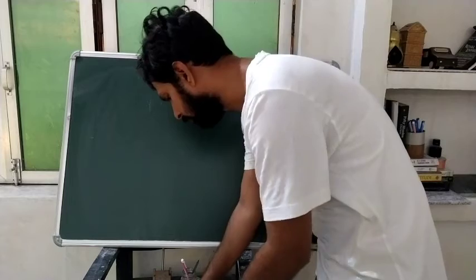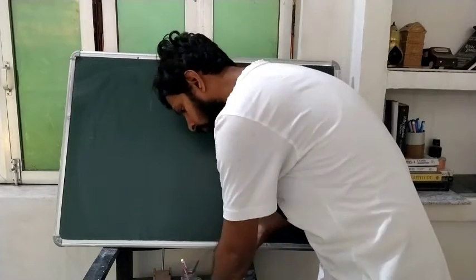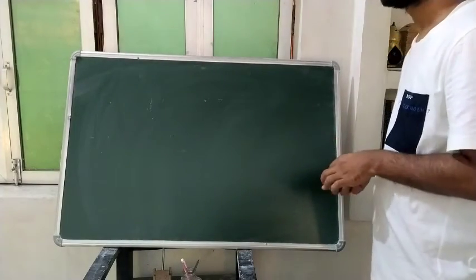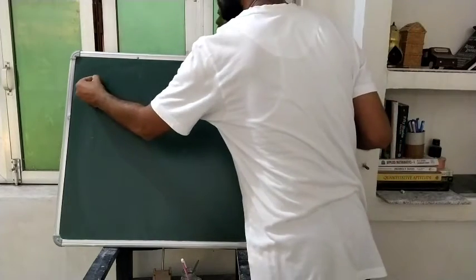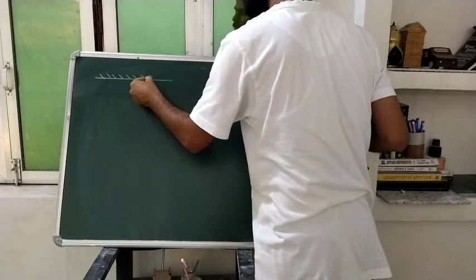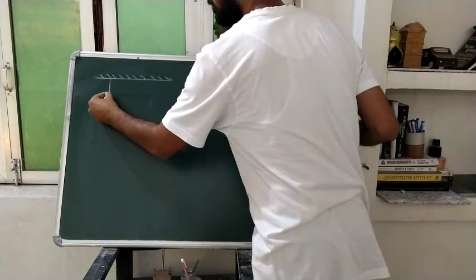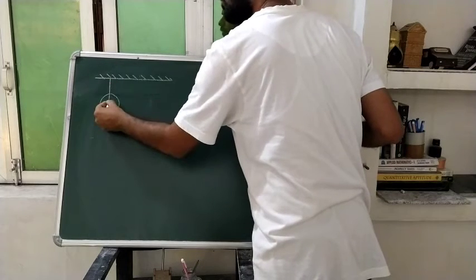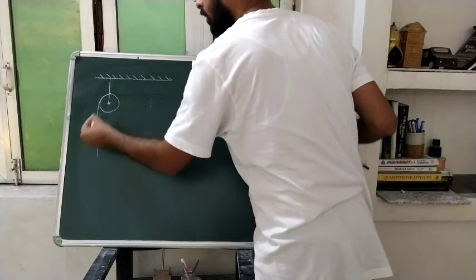So students, we have seen the problems where our pulley was fixed. Till now we have assumed in all of our problems that the pulley was fixed, it was not moving. Now we are moving on to problems in which the pulley is going to move. So suppose we get a problem like this. Here is a pulley which is fixed, with this string. A pulley is fixed here. Another string is present here.